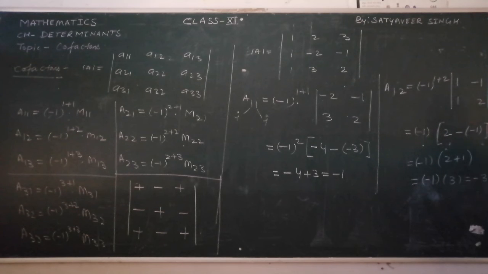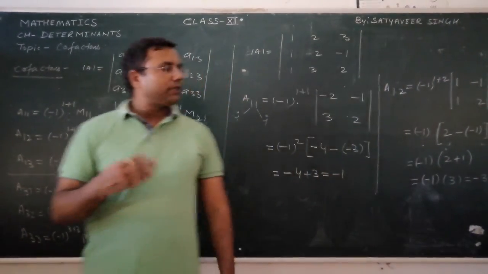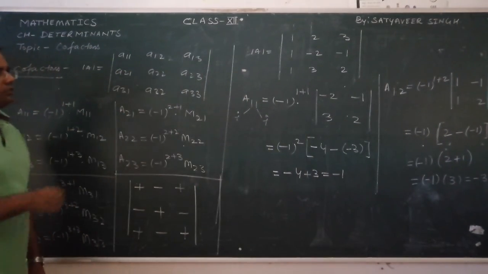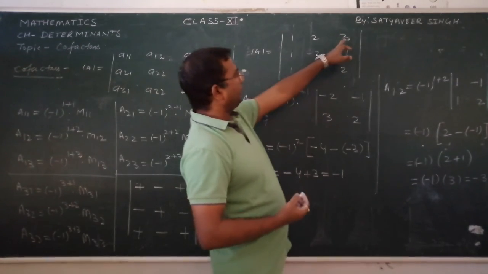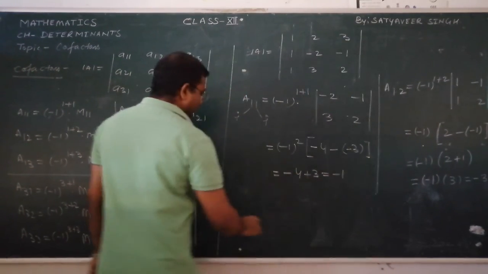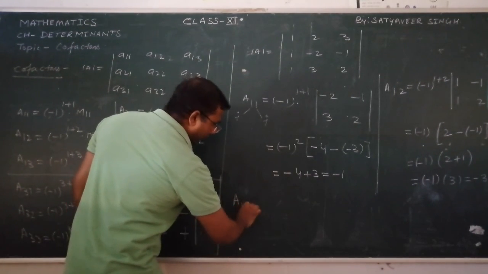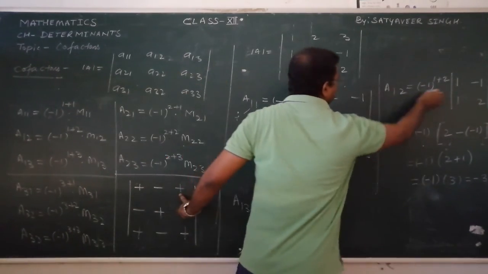Why is it looking somewhat lengthy? Because I am explaining each and every minute step. I am going into detail of that. Student, once you become habitual of doing this, you will do this quickly. Like I am just doing one calculation in front of you quickly. Suppose this one I want to solve now. I will write A13. I know the value is positive, so I will not write this part now.